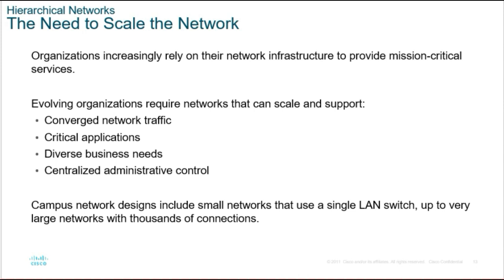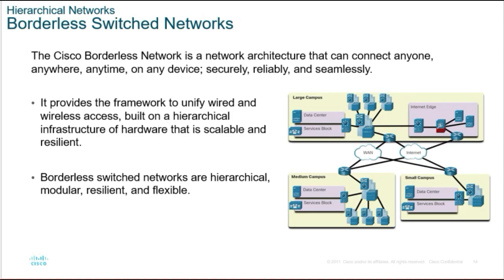So as organizations grow, there is growing demand for a network that is scalable and can support converged network traffic, critical applications, diverse business needs, and also centralized administrative control. So, in relation to converged network traffic, Cisco has introduced the borderless switched network. So, this is a proprietary network architecture that aims to connect anyone, anywhere, anytime, and on any device securely, reliably,